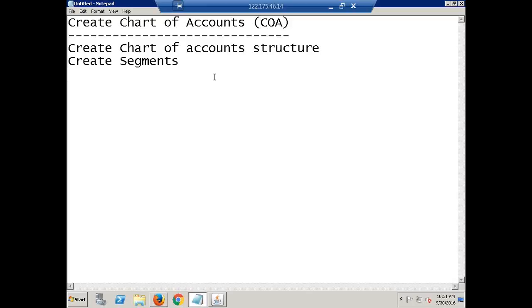Okay, in our discussion we said we'll create the structure. Within the structure we'll create the segments. Under segments we'll maintain the segment values. Yes, we will always maintain only segment values under a segment. But the point here, from the system point of view, is this: